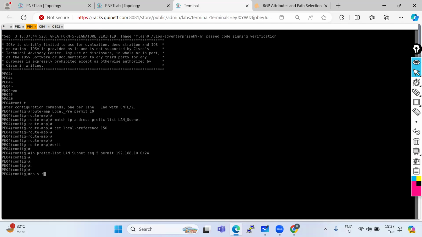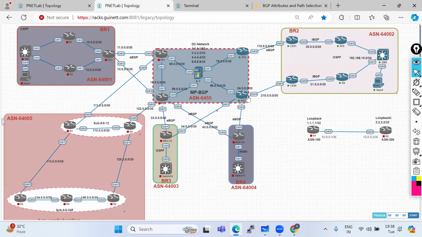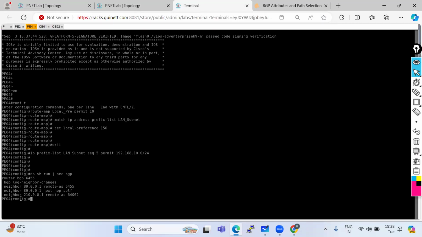Now go on the BGP neighbor, show run section BGP, and the BGP neighbor, from where I am receiving the route? I am receiving the route from this neighbor 200. So I'll say, when I receive the route in, I'll apply the policy, I'll apply the route map. So my route will get the local preference 150. Right now, if you see, this is the neighbor, there's nothing configured, and that's why you can see